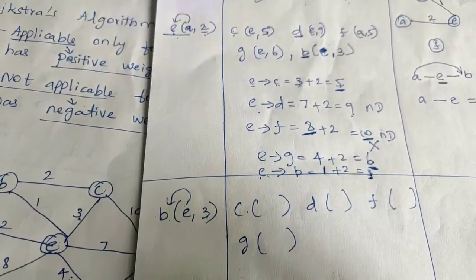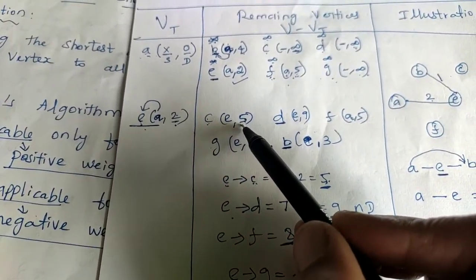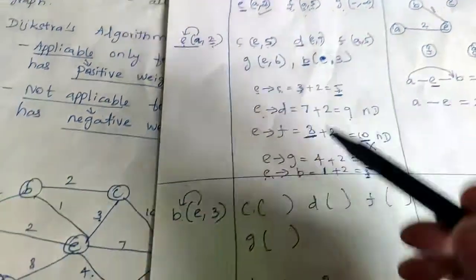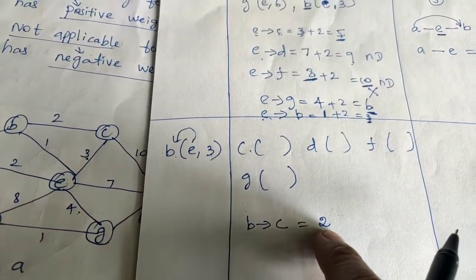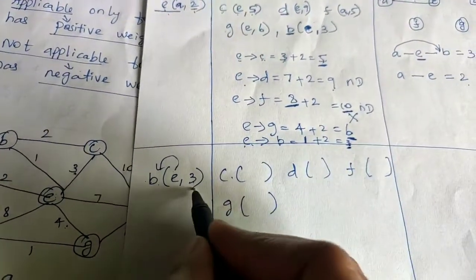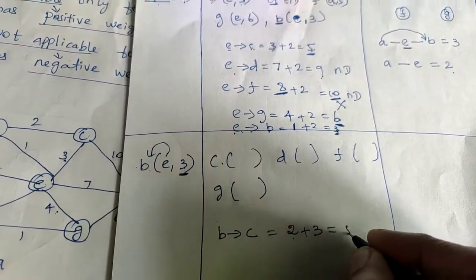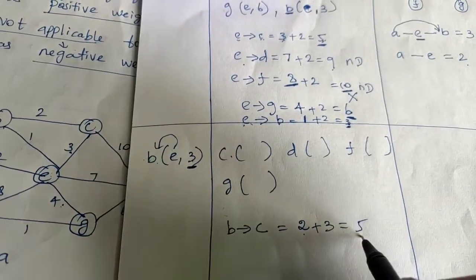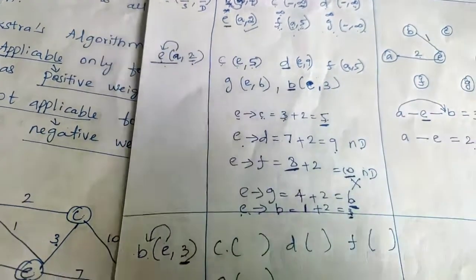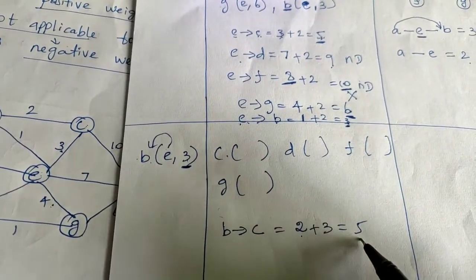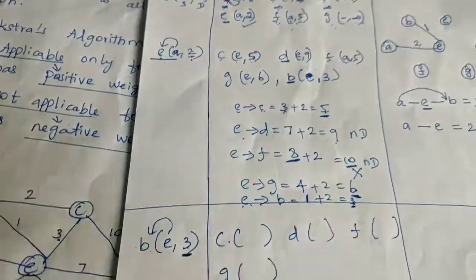So what is the existing distance of C in the previous step? Existing distance what I have for C from E is 5. Now when I am writing the distance, I should not write the edge value as it is. I need to add this value with the existing distance in the tree vertex column, that is 2 plus 3 is equal to 5. So new distance is 5. Existing distance is also 5. When I told you to update, if the new distance is less than the existing distance, then only you should update.